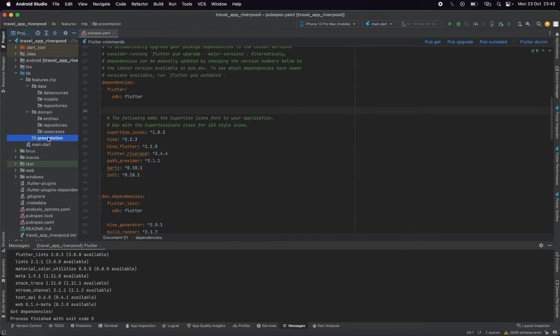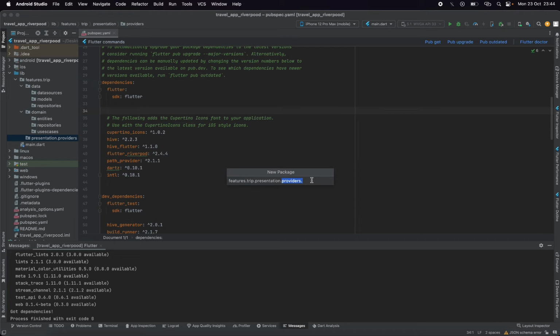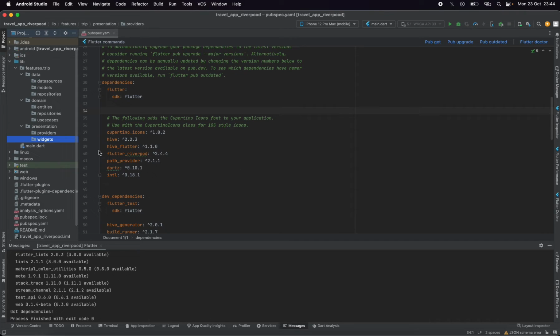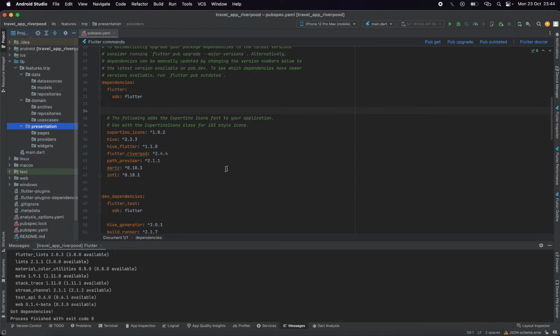And in presentation layer, of course, we are going to have a provider. In our case, our provider will be done with Riverpod, but if you are using BLoC, for example, or another state management, you can just add it directly in your provider folder. We will also have widgets if you want to customize some widgets. It will be there, and the last one will be pages. So yeah,